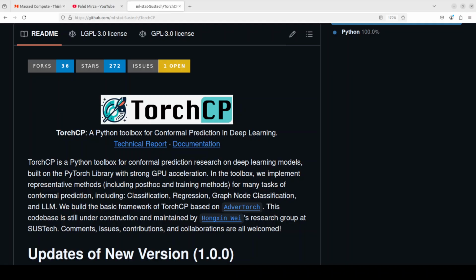In this video, we are going to have a look at one of the tools which I believe is not only quite interesting but quite promising too. This tool is called TorchCP. Now you might have a feeling that this is mainly geared towards machine learning engineers or deep learning enthusiasts, but